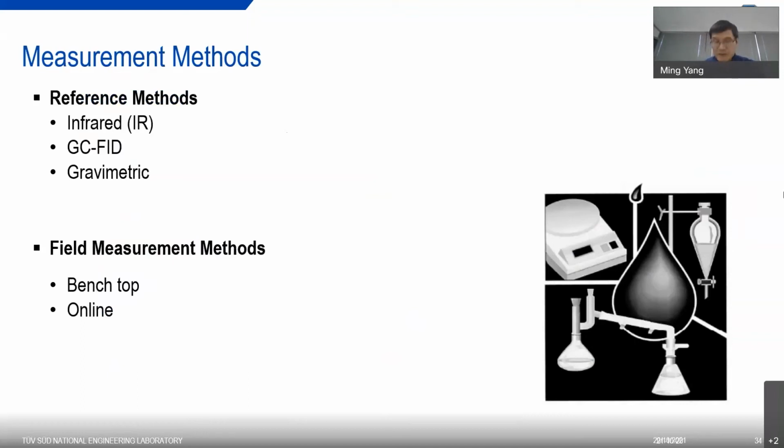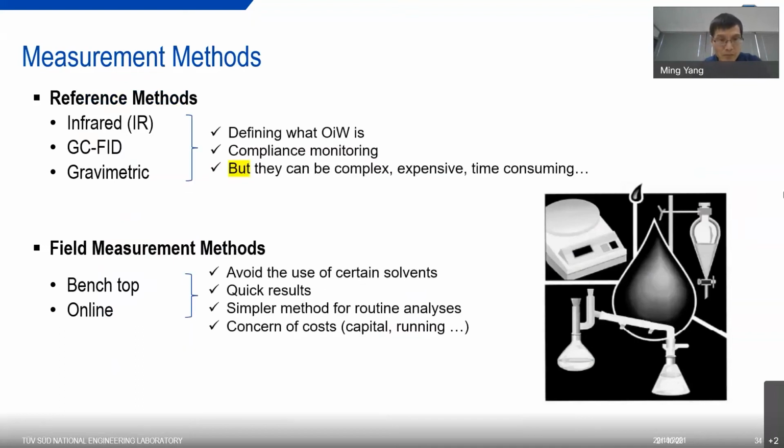Now, reference methods are very, very important in terms of defining what oil in water is, and also very important for compliance monitoring purposes. But reference methods are not always user-friendly, and they can be expensive. They can also be time-consuming. For example,